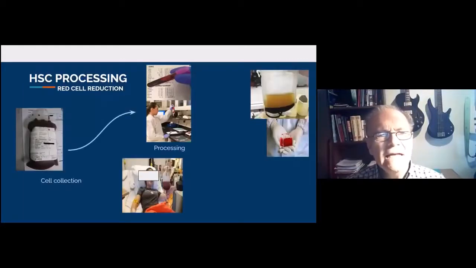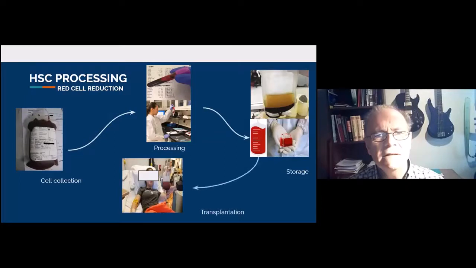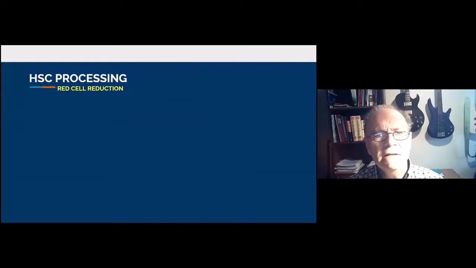The HSC processing sometimes needs red cell reduction according to potential events of ABO incompatibility, sorry. Here you have the red cell reduction because the recipient